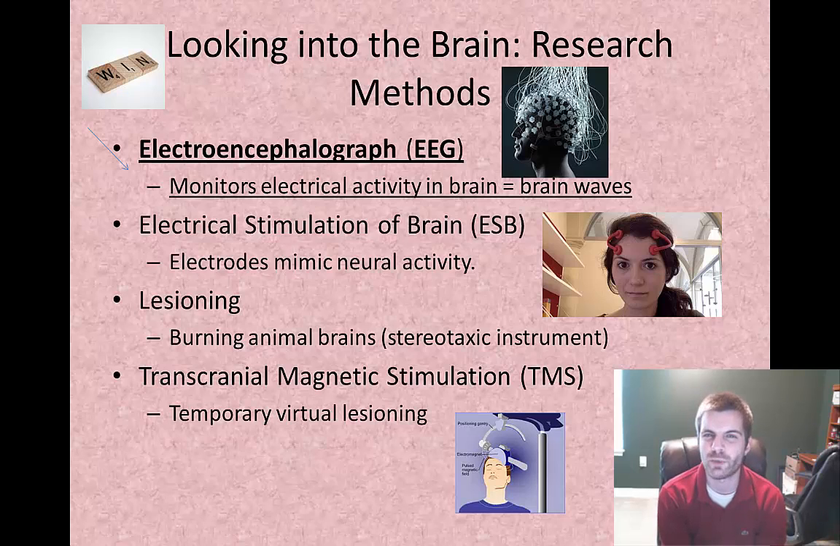We have lesioning, which is more often used on animals. And this is trying to look at the effects of brain destruction and then regeneration. And so they'll actually drill a tiny hole in the exterior of the skull, and they will use a very thin, small cattle prod-like device, which is known as a stereotaxic instrument. And they'll use this to basically insert an electrode and burn some tissue,